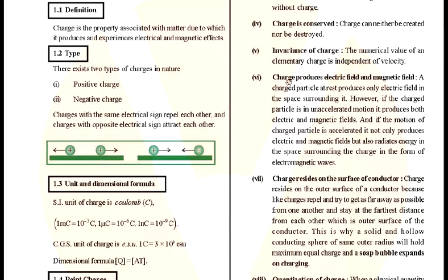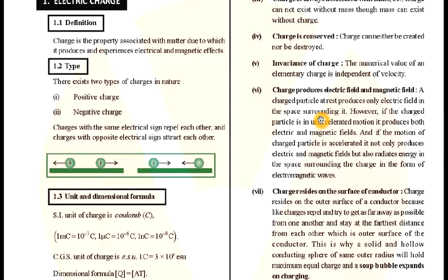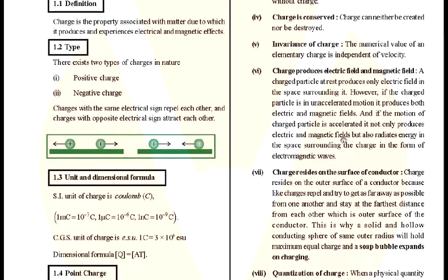Now look at the sixth property. Charge produces electric and magnetic field. What does it mean? When an object is at rest, it will produce only an electric field surrounding it. When it is moving with constant velocity, or there is no change in velocity, it will produce an electric field as well as a magnetic field. And if the motion of the charged particle is accelerated, it means it is changing velocity with time, so it will produce electric and magnetic field,